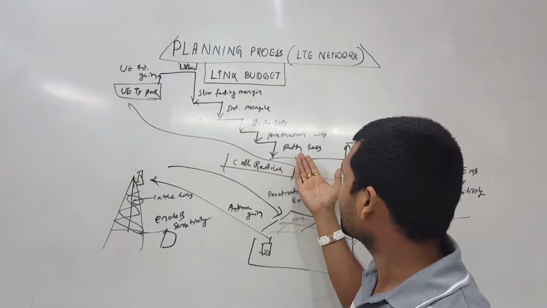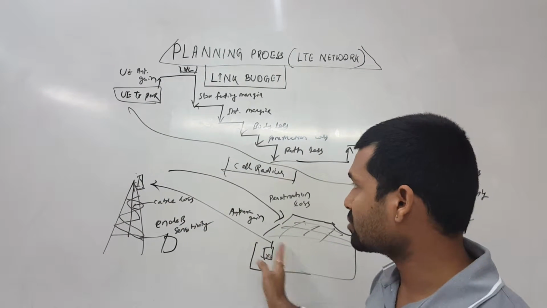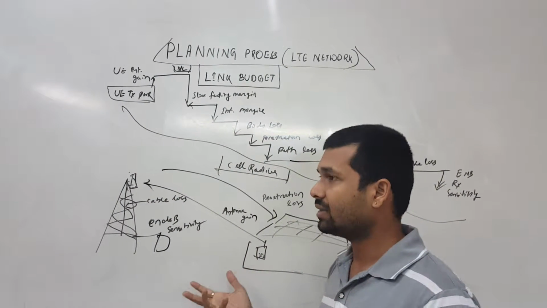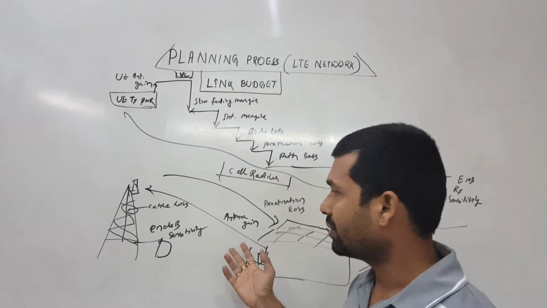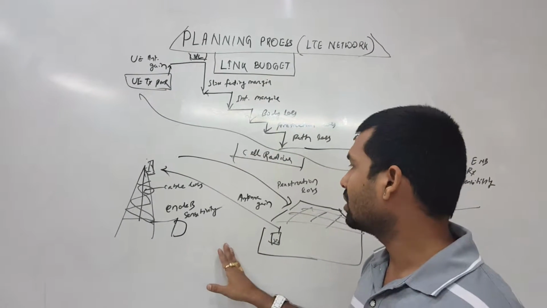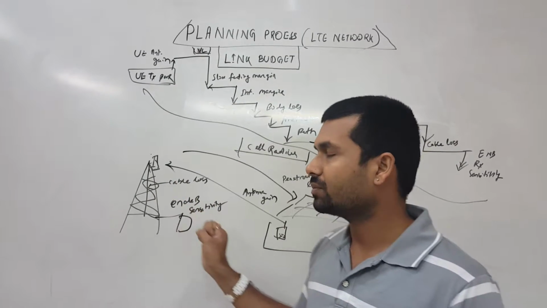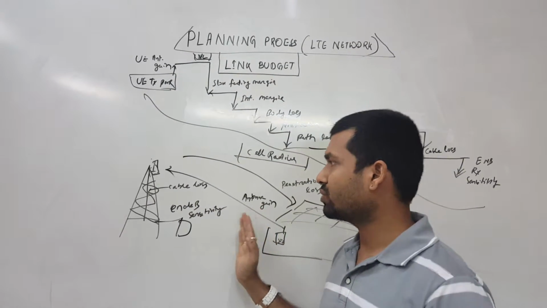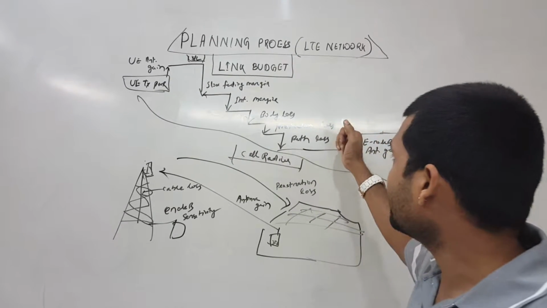Then we're having path loss, the total path loss when I transmit and when I receive. Ideally there shouldn't be any path loss, but in real life situations, due to trees, buildings, other stuff, and the physical things available from transmitter to the receiver, we do have a path loss. So we calculate the path loss here. We take the path loss.